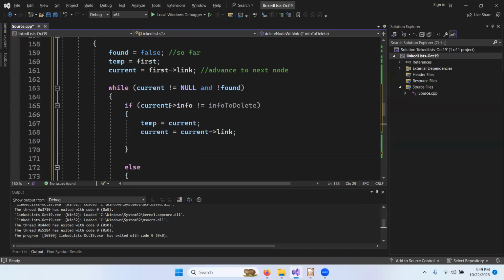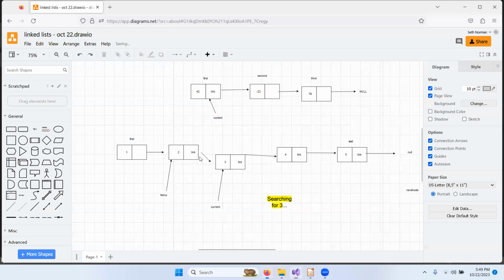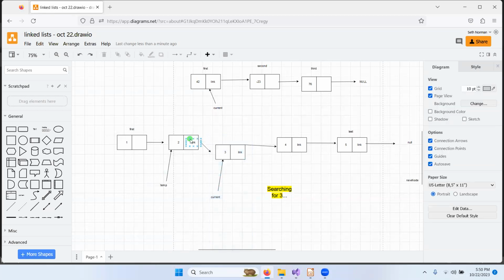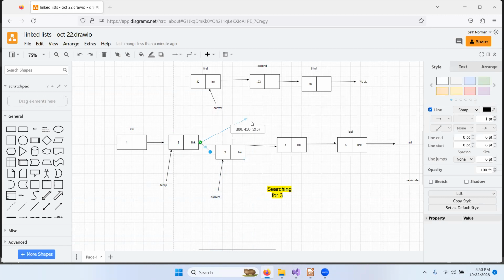At first blush, it may seem like that's the thing to do. Just delete this. But we have a temp variable here, and temp we want to set its link to kind of hop over this, and I guess maybe we want to update temp's link, and current's link is pointing at the next node in the list. So